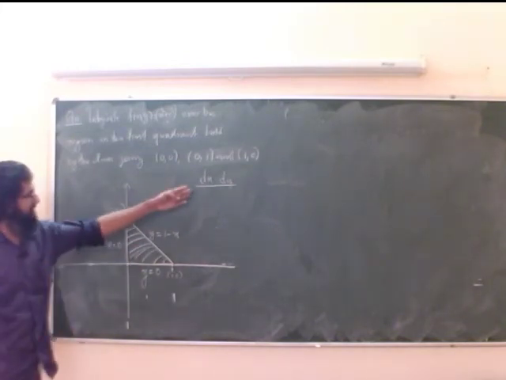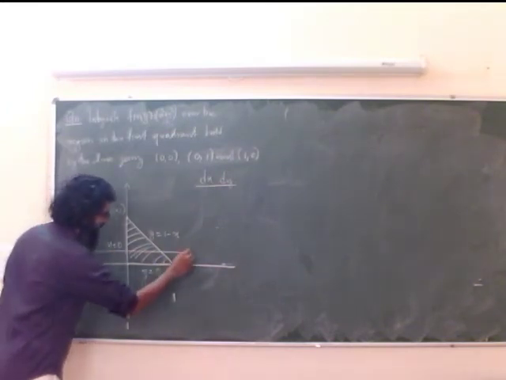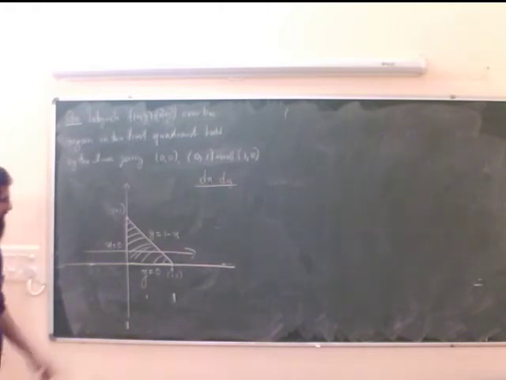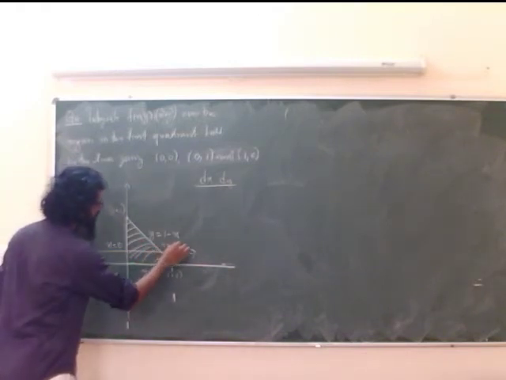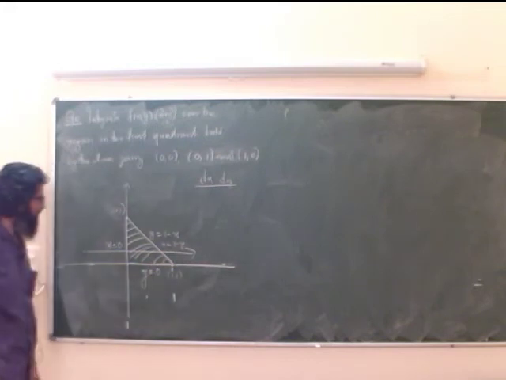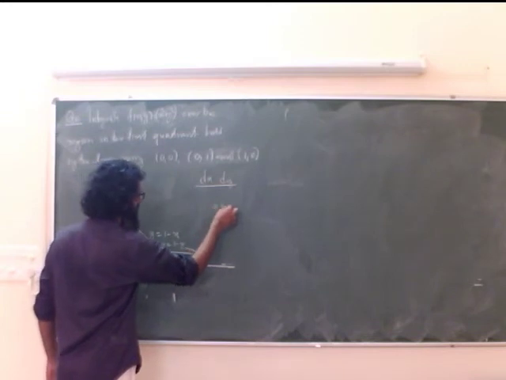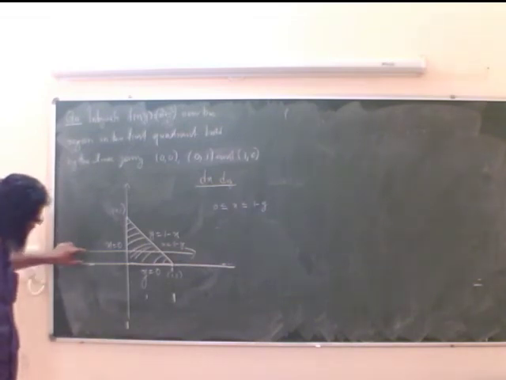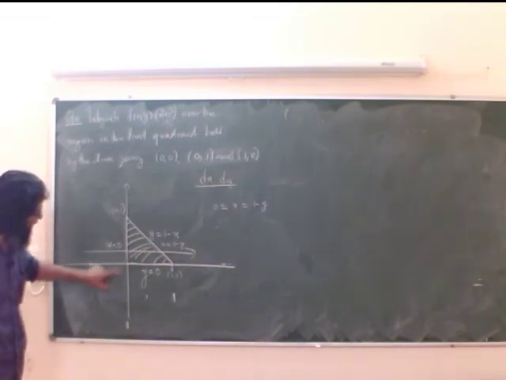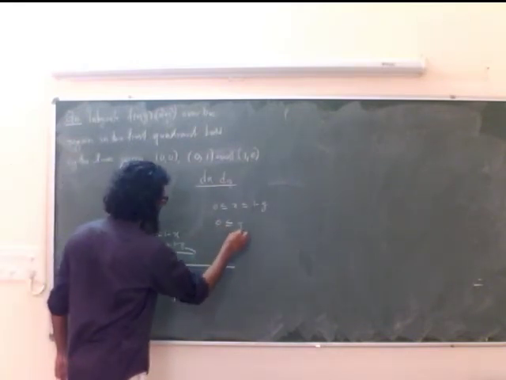Again my order of integration is dx dy. So I have to draw a line in the increasing direction of x. It enters at x is equal to 0 and leaves at x is equal to 1 minus y. So my limits are 0 less than or equal to x less than or equal to 1 minus y, and it is very clear that to include all such lines through the region R, y has to vary from 0 to 1. So the y variation is 0 to 1.